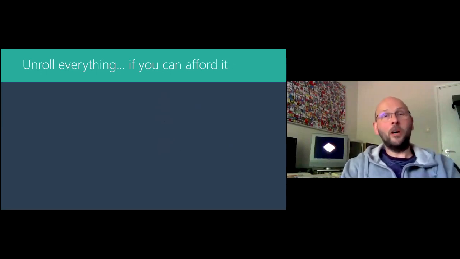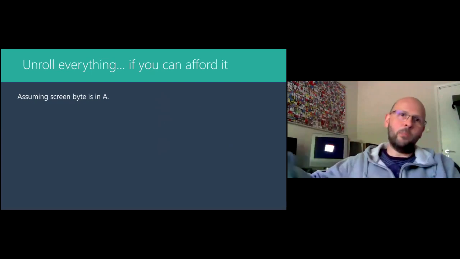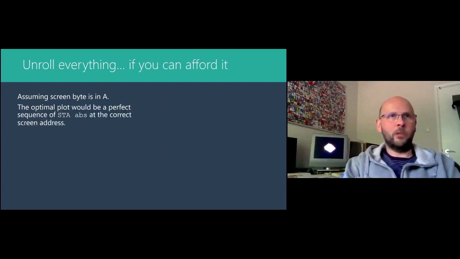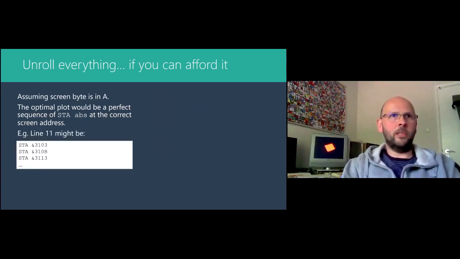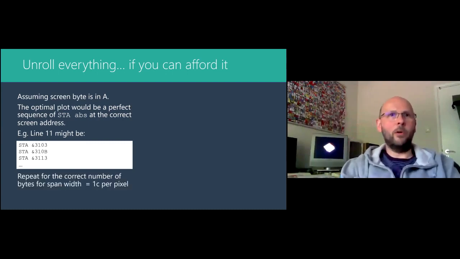As with everything on 6502, if you want to make it as fast as possible, then you need to unroll everything that you can and try to avoid loops if you can afford it. So if we wanted to think about our imaginary perfect line drawing routine, we're trying to draw a consecutive load of pixels on the screen as fast as humanly possible. Then the optimal sequence would just be a load of store absolutes, right? So a line might just be store, store, store, store, store, and we perfectly know how many of those we want to